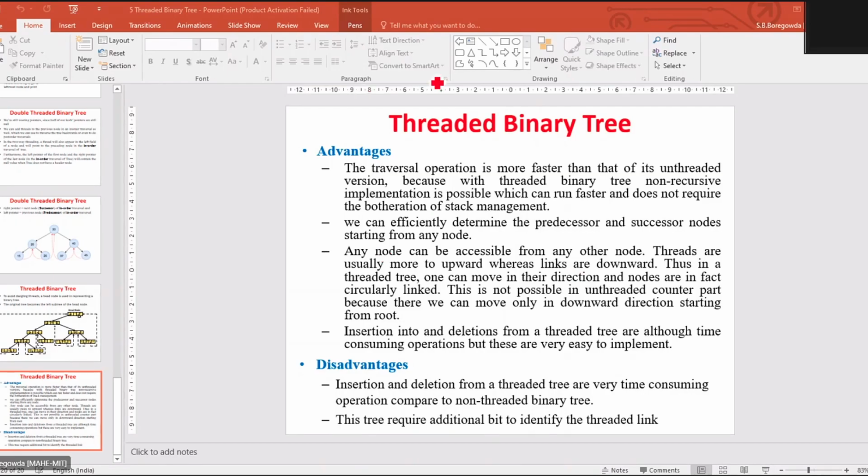Next, the second heap property is the max heap property. What exactly does the max heap property say? The value of the root node or a parent node is greater than or equal to either of its children. So it is just the opposite of the first one, the min property. In case of a max heap, the parent node value should be greater than or equal to its children, and this property should be achieved at all levels.